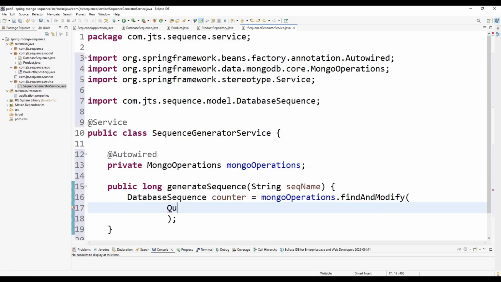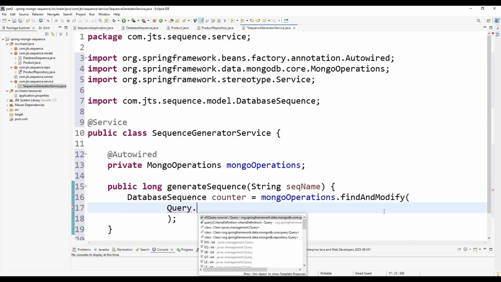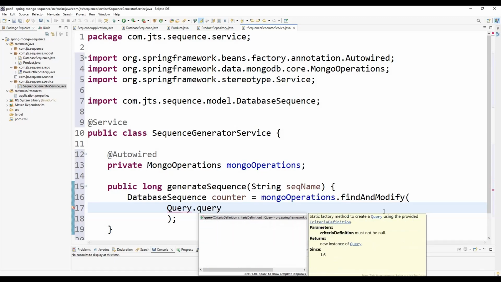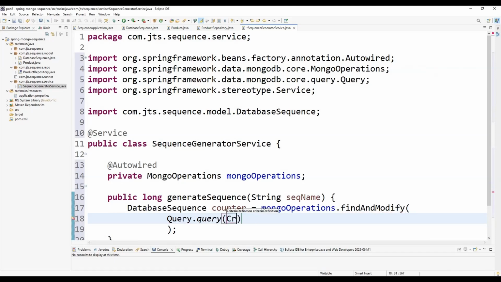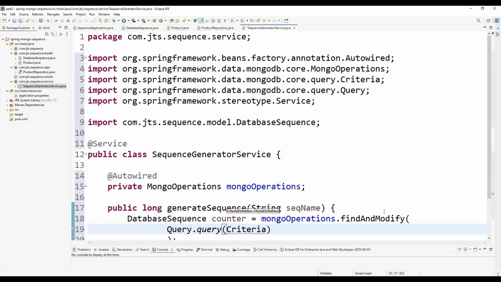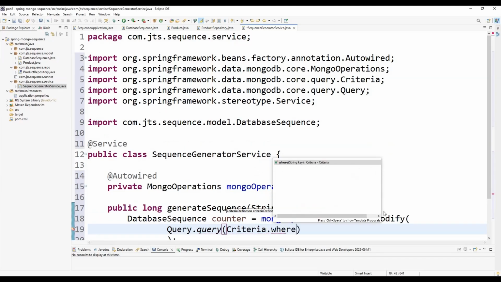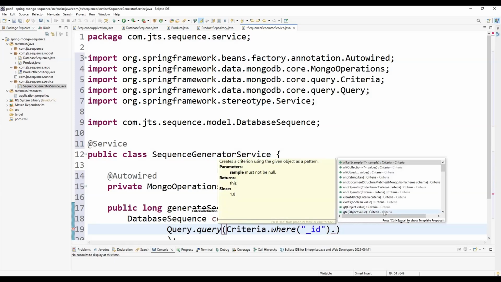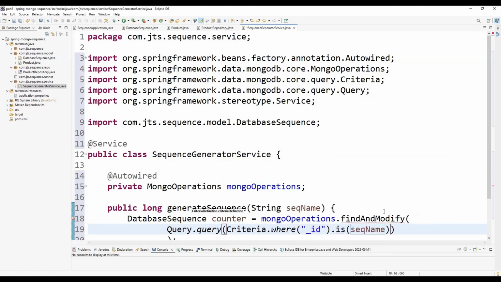First of all, query.query, then criteria.where("_id"). Here we are going to match this with the sequence name. Okay,